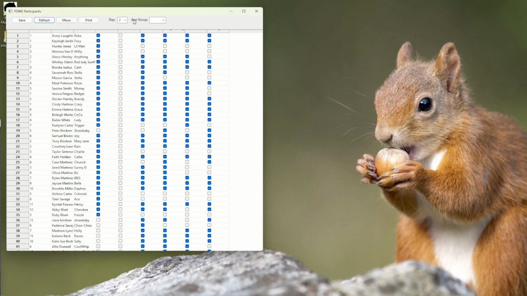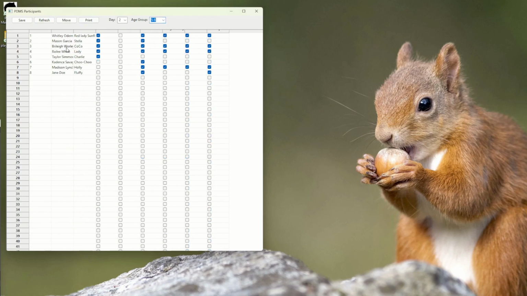The move option, if you have like 2 riders in one group, same family, they only got 1 horse, you want to move them around. The way this works is you just pick whatever age group they're in, and then you click move, and you'll want to pick or type in the number on the left hand side, far left hand side, something gray. So if I want to move this Whitley person to the end, I would just type in 1, and I'll move him to the end,